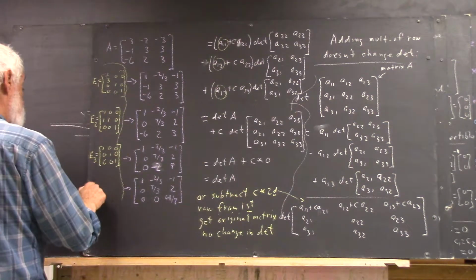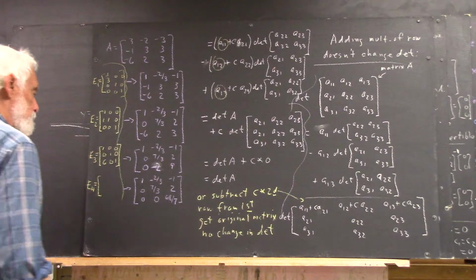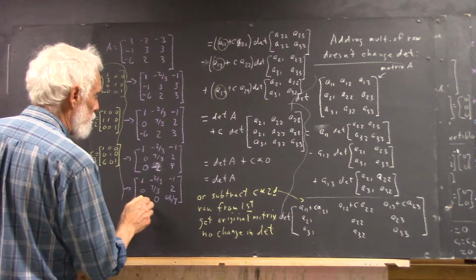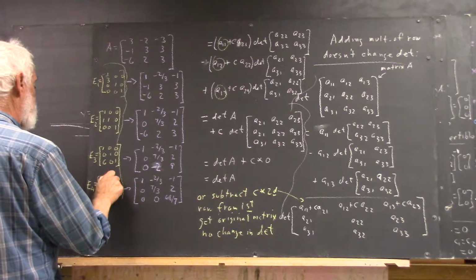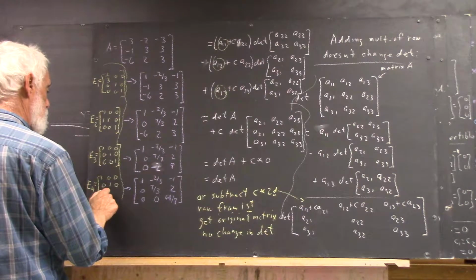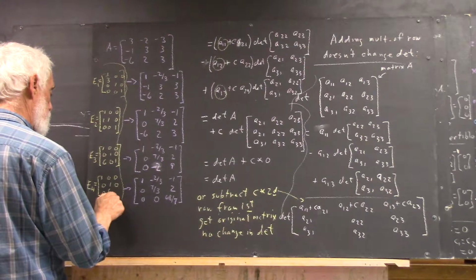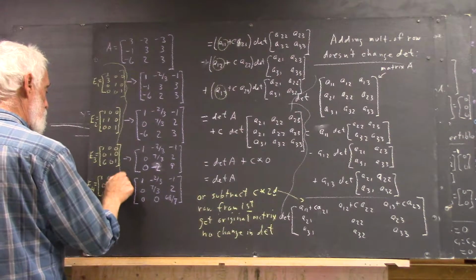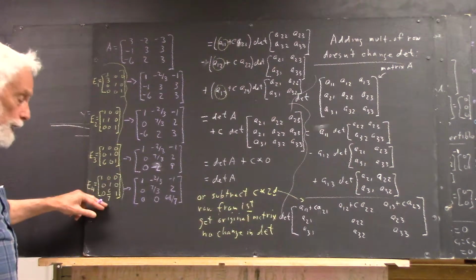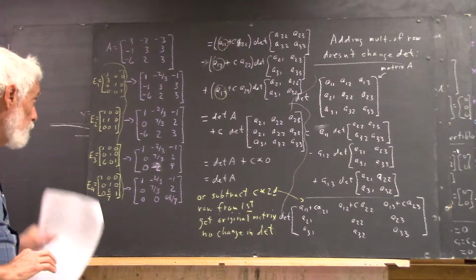And then we have E4, where we just added 6/7 times the second row to the third. And there's the elementary matrix that adds 6/7 of the second row of the identity to the third. Those are the elementary